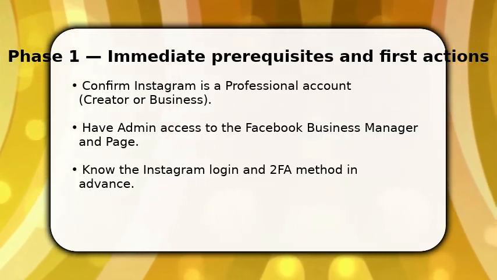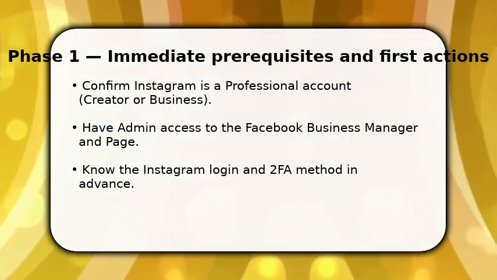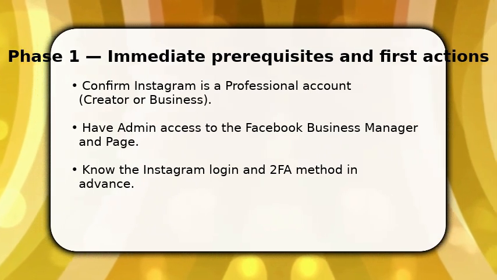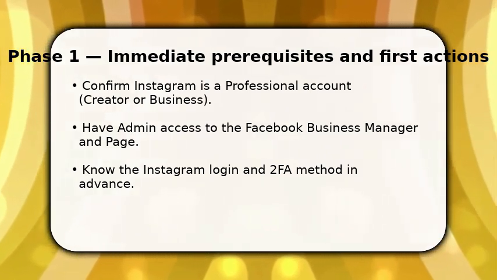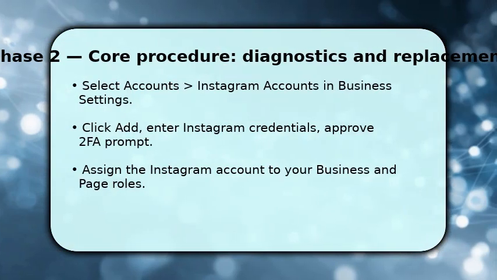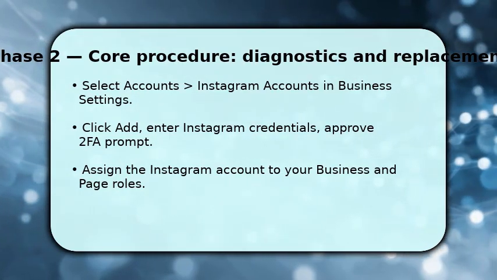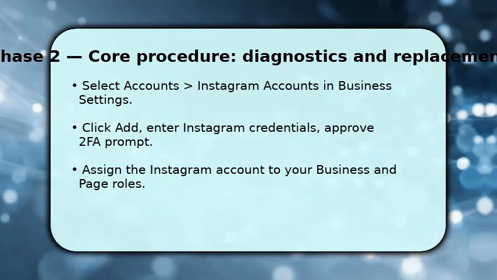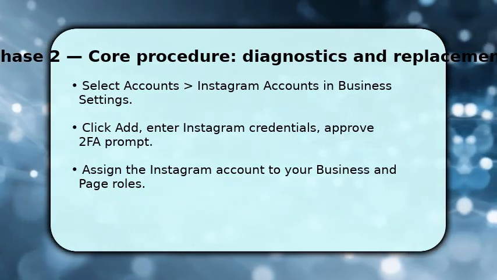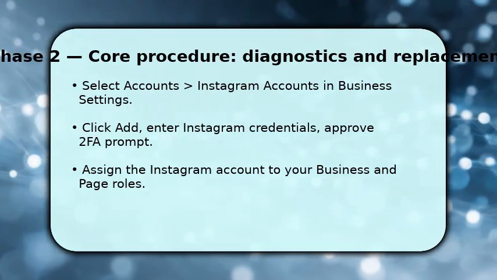Now, go to Accounts, Instagram Accounts to begin adding the account. You'll log in when prompted. You'll add the account by clicking Add in Instagram Accounts within Business Settings, then enter the Instagram username and password. If two-factor authentication appears, approve it immediately on the device tied to the account, because skipping it will block the